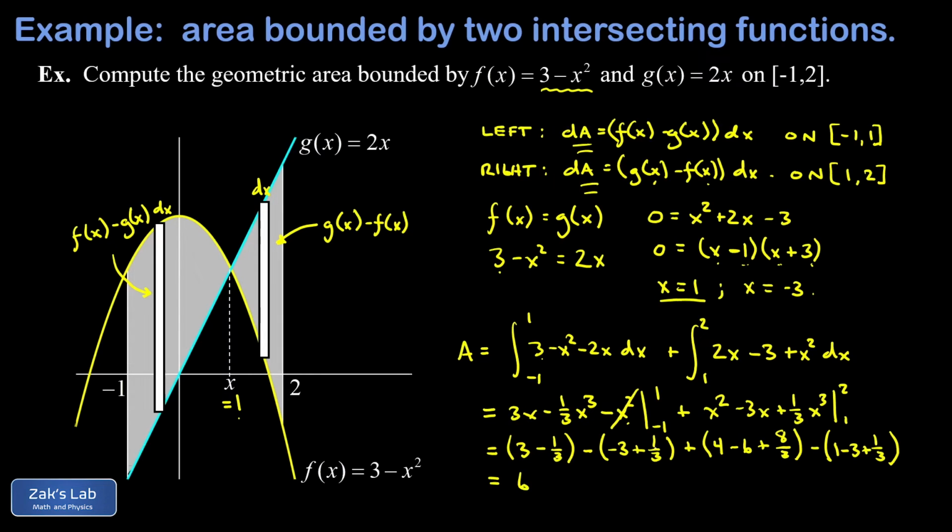Now for my first two terms, I see that I have a 3 minus -3, in other words, 6, and a -1/3 minus another 1/3, which gives me -2/3. In my second two terms, something really nice happens. 4 minus 6 is -2, but 1 minus 3 is also -2. So I end up with -2 minus -2, in other words, -2 plus 2, which is 0. So all that's gone. Then I end up with 8/3 minus 1/3, which is 7/3. This gives me 6 plus 5/3. Writing 6 with a denominator of 3, that's 18/3, plus 5/3, and I arrive at my answer for the area,